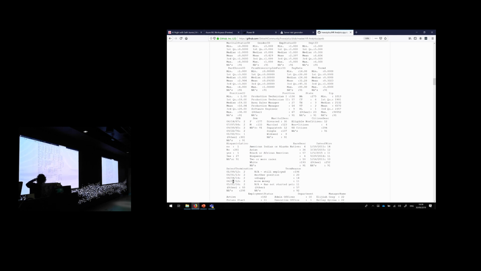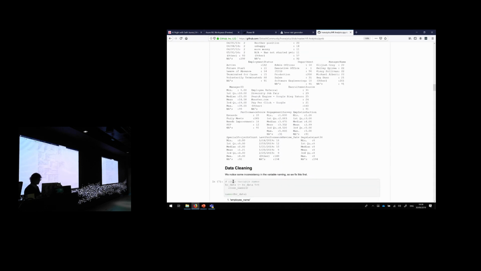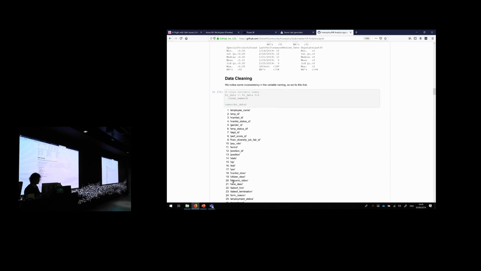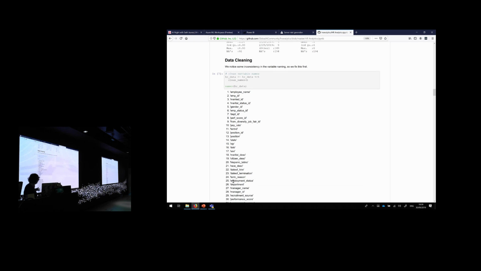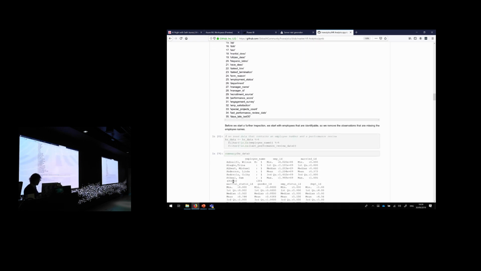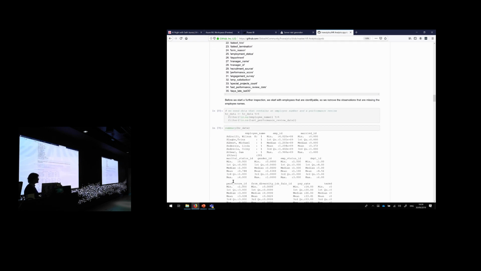For example, little things like, hey, we got information about if somebody's Hispanic or not, and then we have things like, all right, we got no and yes, but hey, some of them use capitals, other lower cases. You know, the basic things you encounter whatever data set you drag in. So you start cleaning, and you say, well, first of all, let's get some name consistencies. And we want to filter because, yeah, we're talking about people. So if they don't have a name or an employee number, we're not going to use them for now.